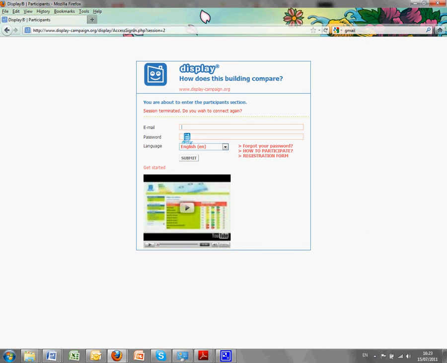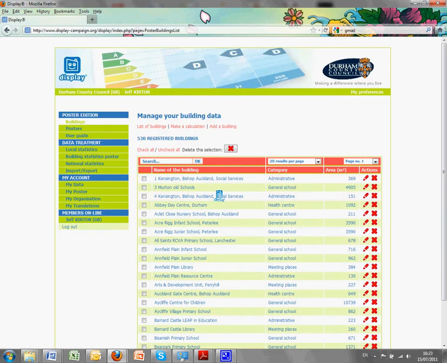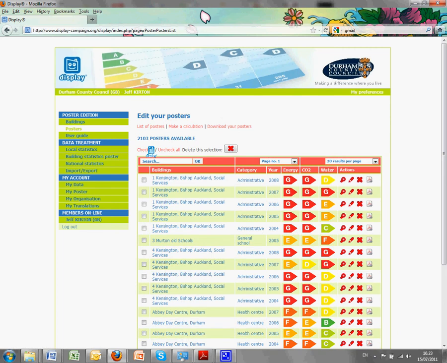As with normal users, you will log in to the software with your email and password, and when you get in, you'll see that you've already got a whole bunch of buildings and a whole bunch of posters. Now, once you've got a lot of data, what are you going to do with this data? Well, the software allows a whole bunch of options to analyze whether all your communication campaigns are indeed improving the